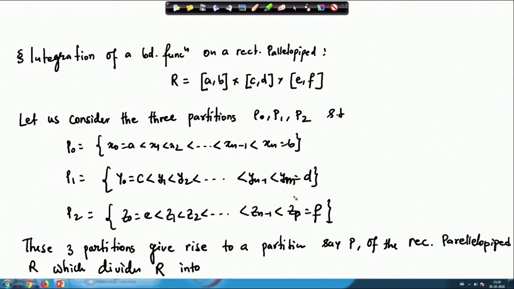So we take it as a rectangular parallelepiped, xn, ym and zp, into m and p sub-rectangular parallelepipeds. So it will divide the whole rectangular parallelepiped into m n times p sub-rectangular parallelepipeds, and where